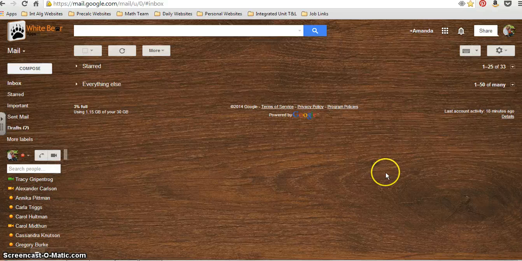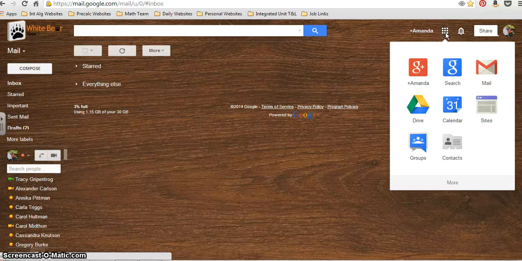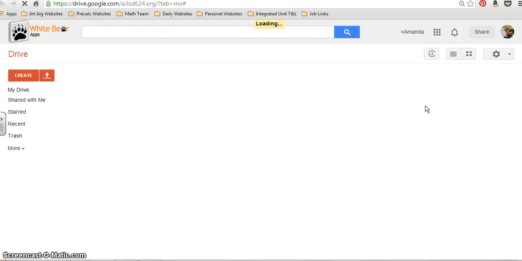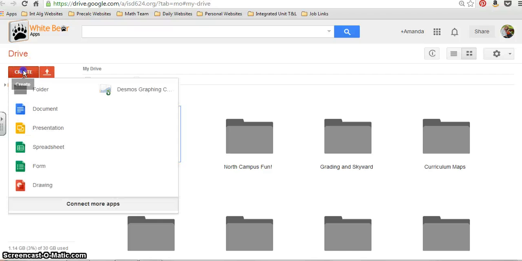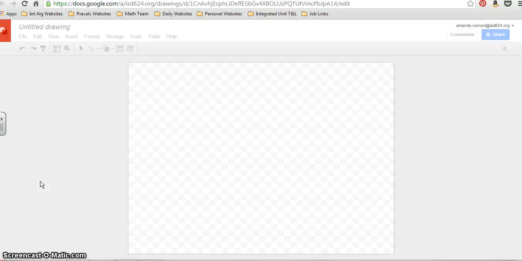Once you've logged into your email, you'll go up to the icon where your apps are and select your Drive location. By selecting your Drive location, it opens up your Google Drive. At this point, you'll need to go to the Create menu and create a drawing. You will be using this as your base or your spreadsheet so that your group members all have one place